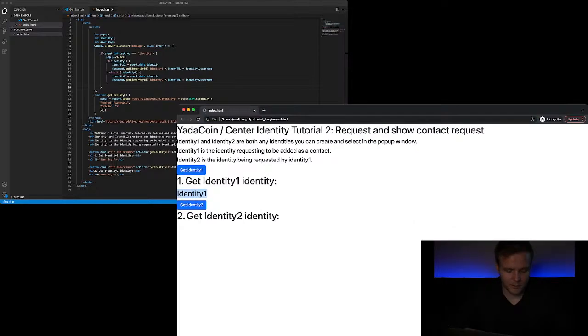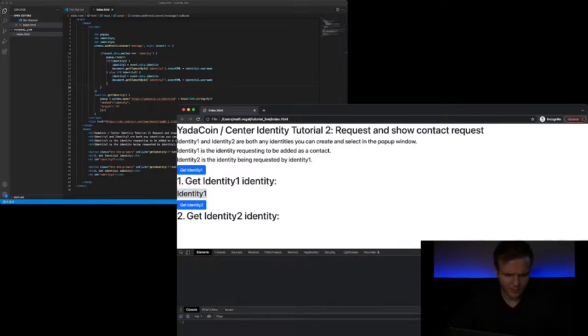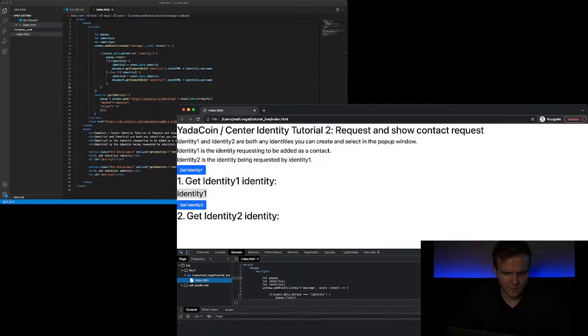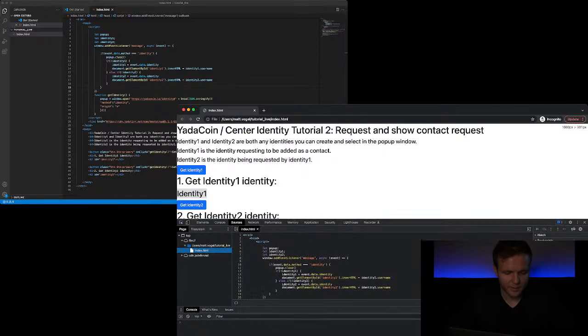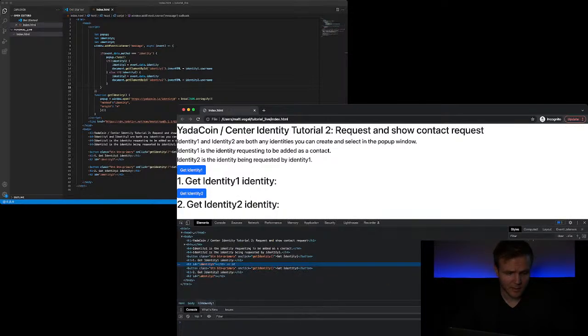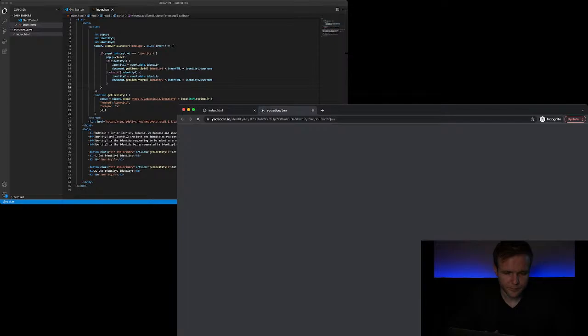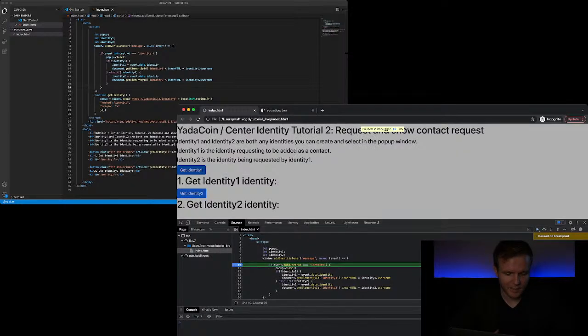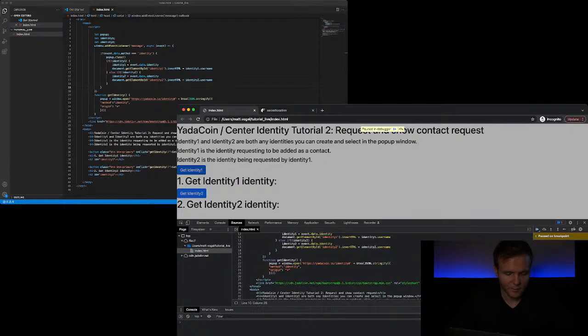So let's go ahead and show a little bit more there, just for review's sake. We'll put a breakpoint in here just to illustrate what's going on. So I'm going to refresh the page and do this again. So select identity, identity 1, and you'll see that the breakpoint's been hit here. And the message that was sent is, so we're calling, when we click that button, it's saying